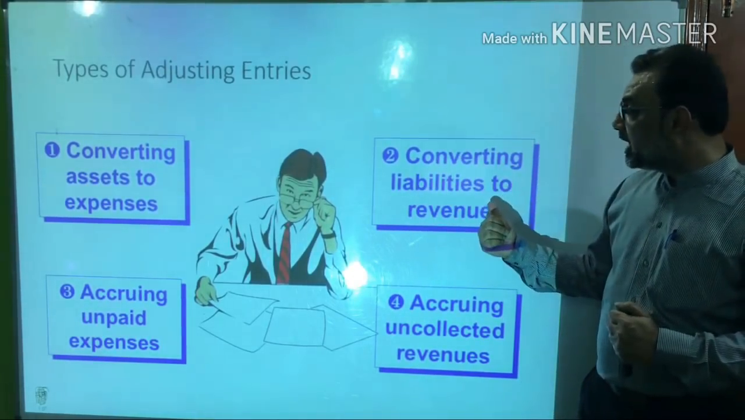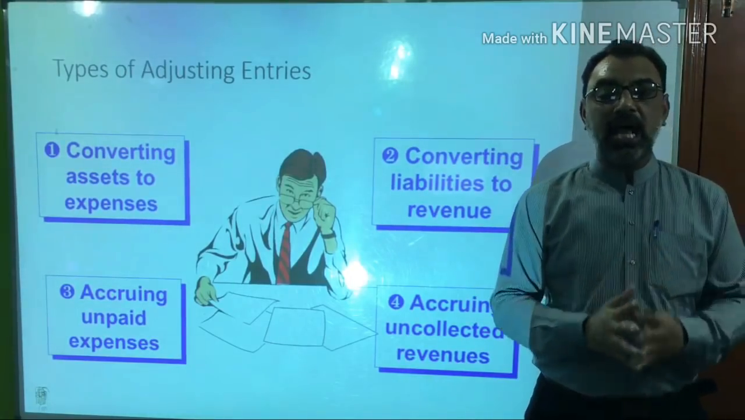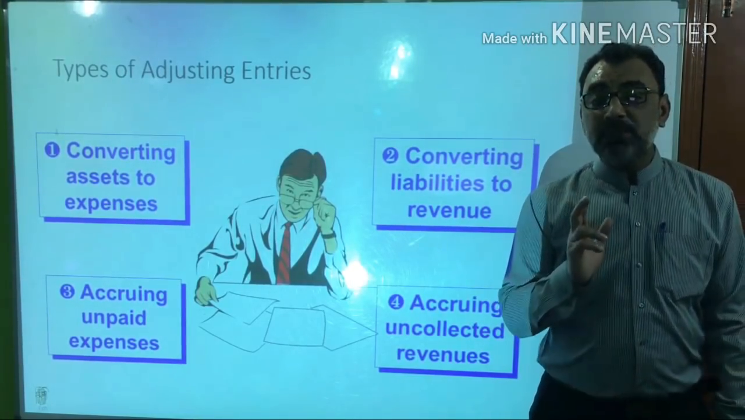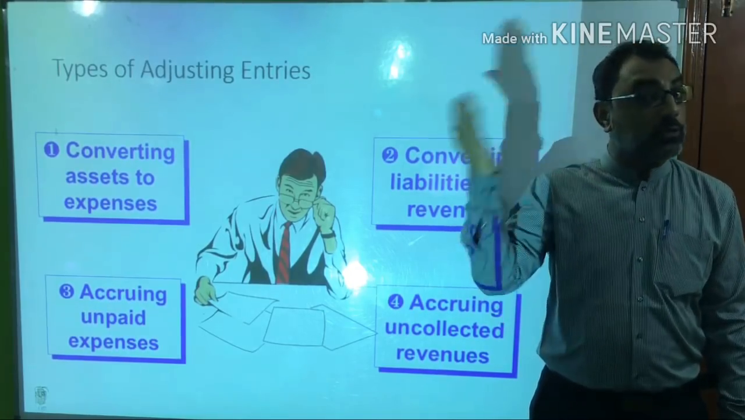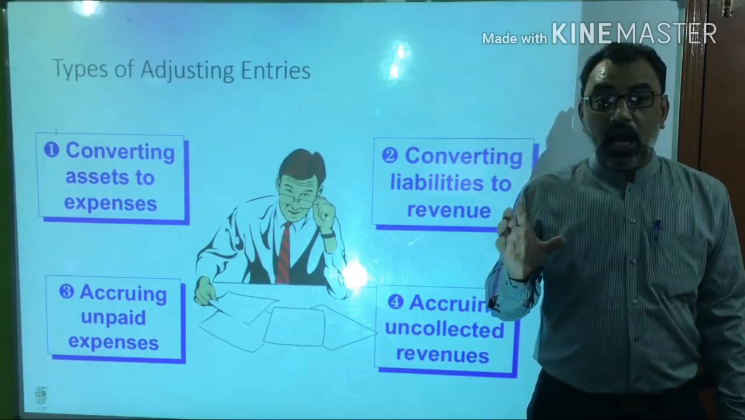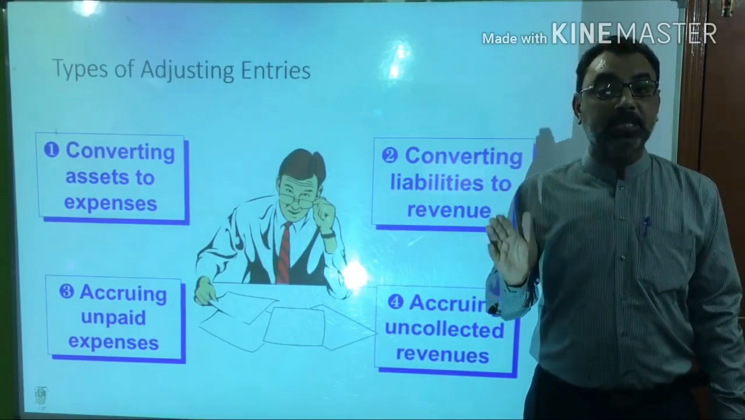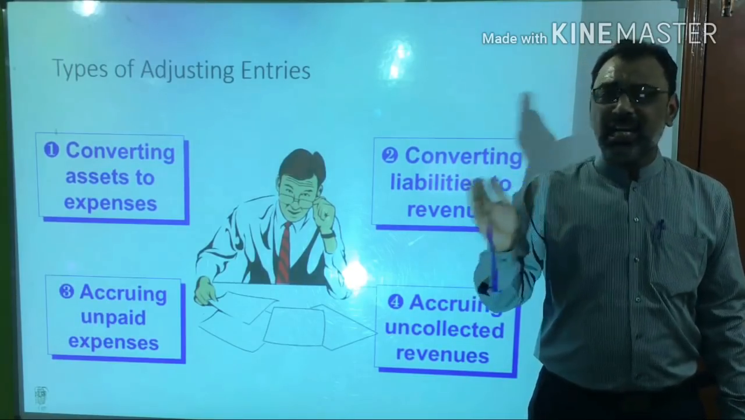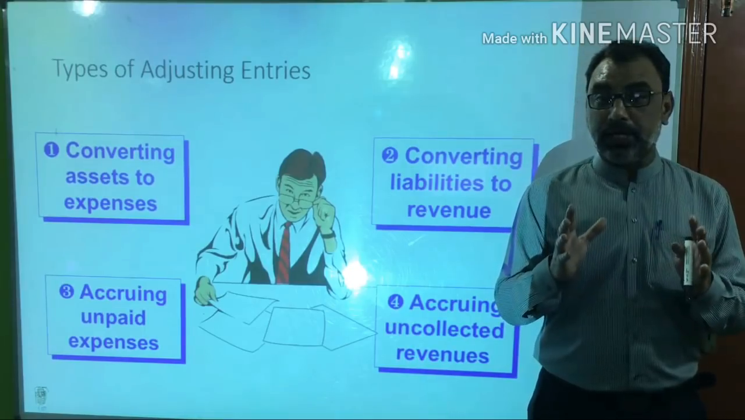The other part is converting liabilities to revenue. In converting liabilities to revenue, a business may collect cash in advance for services to be rendered in future accounting periods. Transactions of this nature are usually recorded by debiting cash and crediting a liability amount, typically called unearned revenue or deferred revenue. Here, this liability account created